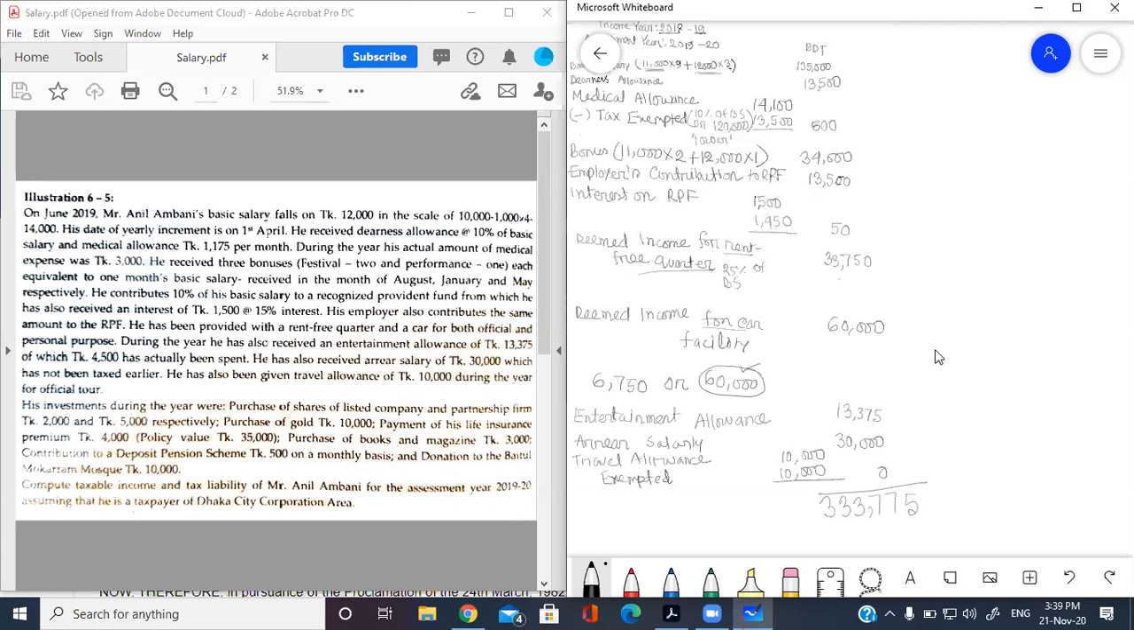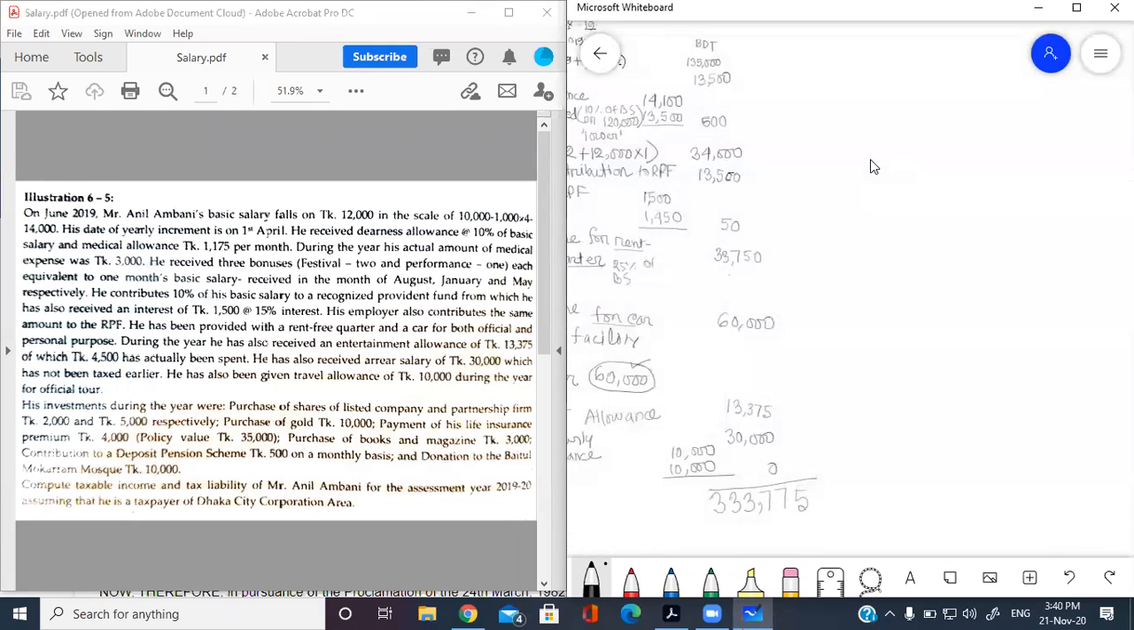33,775. So now you need to check how much tax liability has arisen for Mr. Anil Ambani and how much tax liability he can reduce. Okay. First of all, we learned that